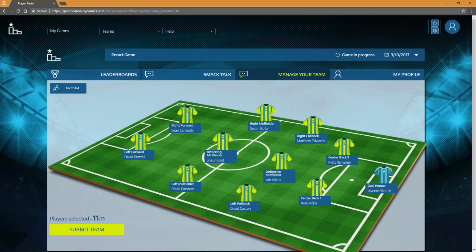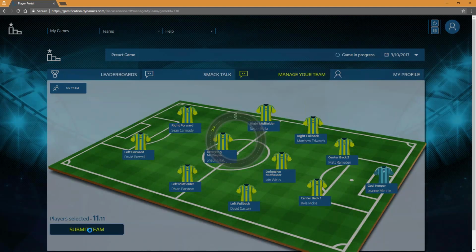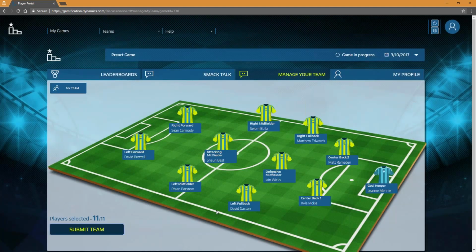So I've made my changes for this week. I then submit my team. That gets submitted. I'll get an email notification that this is now my team moving forward, and I can do that a controlled number of times in any period. So it's your normal basic fantasy sport team rules. You're not allowed to constantly change stuff around, but that's defined by your administrator.